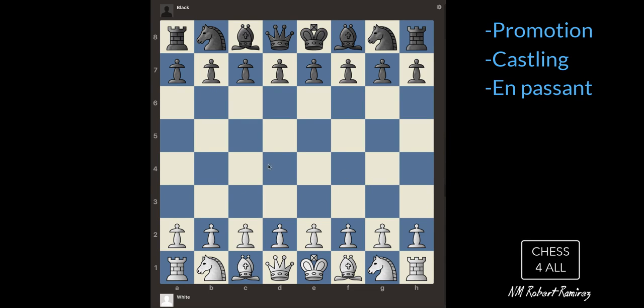En passant also has to do with pawns. This one, to be honest, you don't get it so much in your games, and for now I just want you to be aware of it. So here we go. Let's say I move this pawn up 2 steps, the black pieces move this knight, then